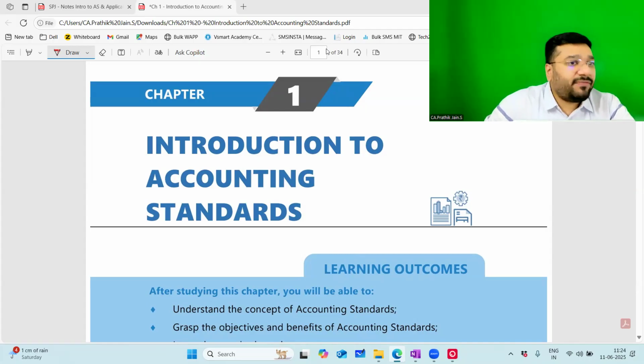To be more specific, in this chapter, we're going to first understand what is the meaning of GAAP. Then we'll try to understand what is international accounting standard, how it came, who had set that up. Then we'll try to understand how IAS got converted to IFRS. Then we'll try to understand what is the accounting standard that is followed in India. So what is accounting standard in India? What is Ind AS? What is adoption strategy? What is conversion strategy? What is carve in and what is carve out?